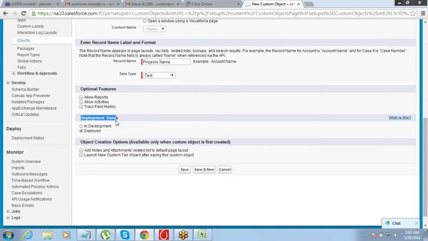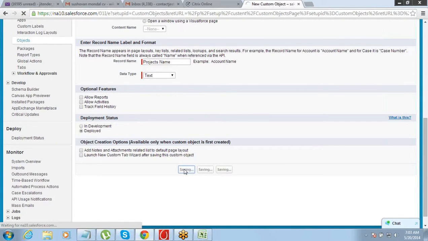Deployment status, keep it deployed. If you do not want the users to be able to use that object at this point of time, then make it in development. Anything which has a status in development is not available for use. Something which has a status deployed is available for use.